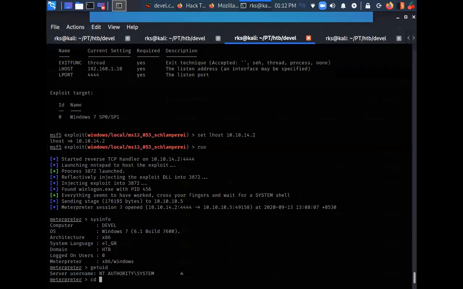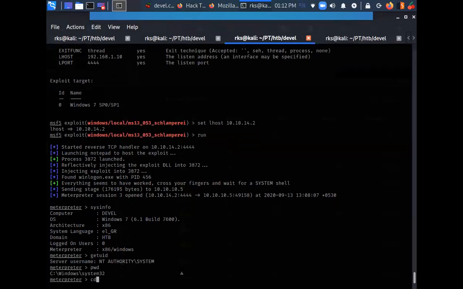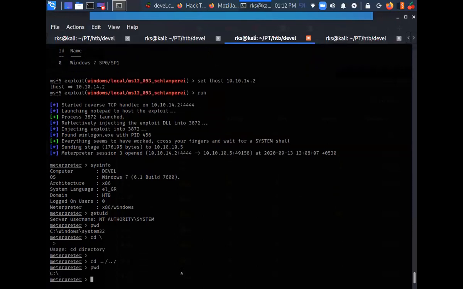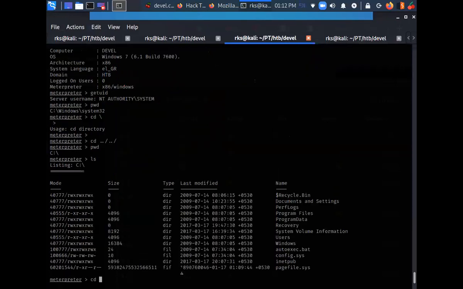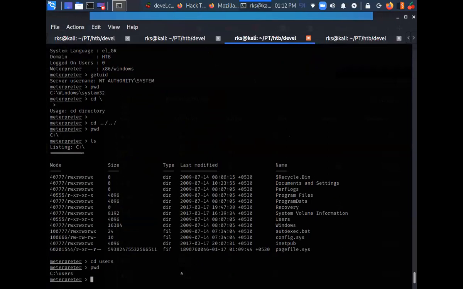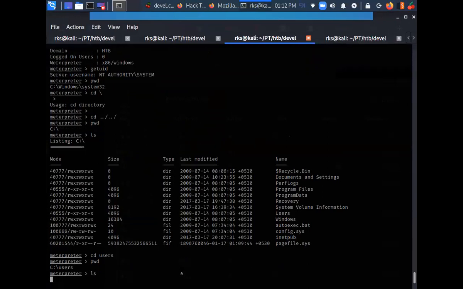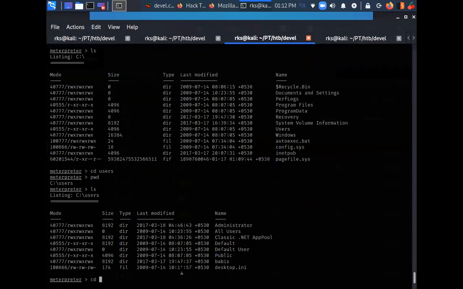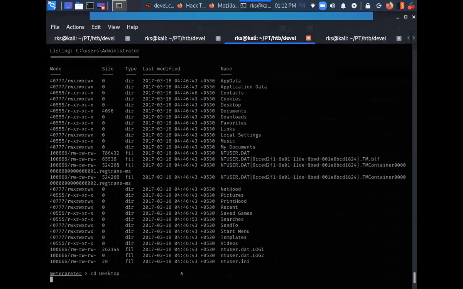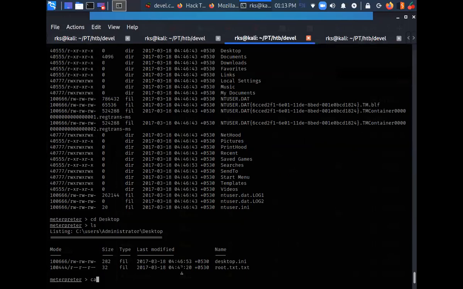But for you, what you are going to do: pwd, cd /, ls, cd users, ls, cd administrator, cd desktop, and there's this file called root.txt.